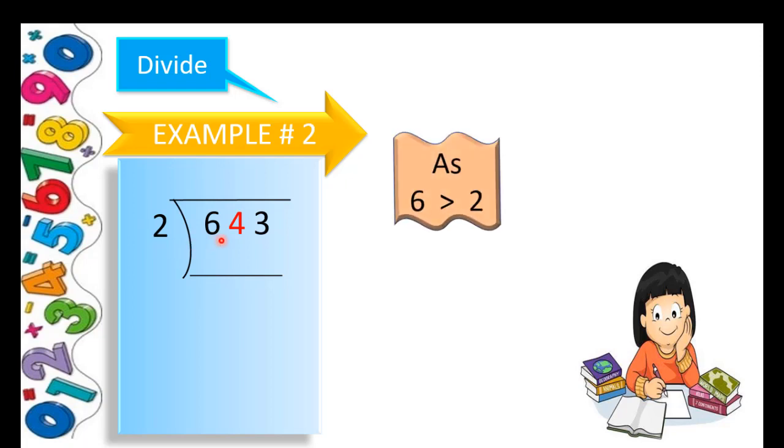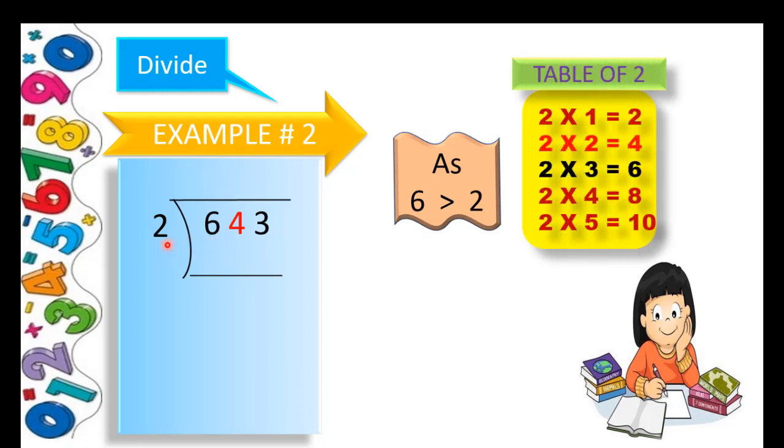As 6 is greater than 2, so it means that 2 can divide 6 and 2 is a divisor here, so we will use the table of 2. And in the table of 2 we will find the product which is equal to or nearest to 6. It means that when we will multiply 2 by 3 we will get 6, and we write 3 above 6 and the product under 6 in hundred column, and then we will subtract 0. As 0 is less than 2, 2 can't divide 0, so therefore we will bring down 4 in tens place,